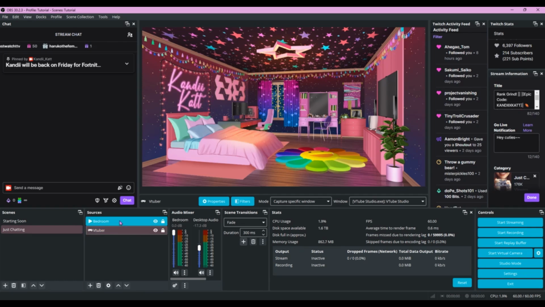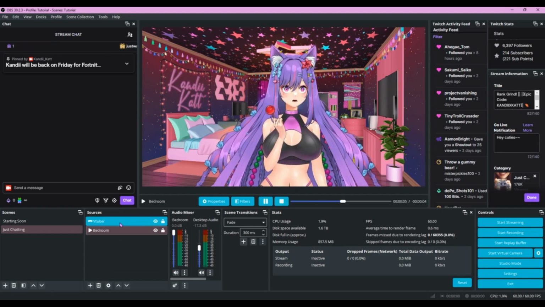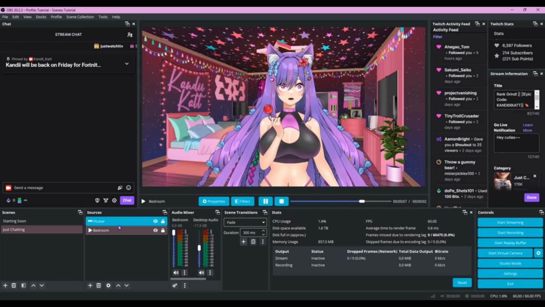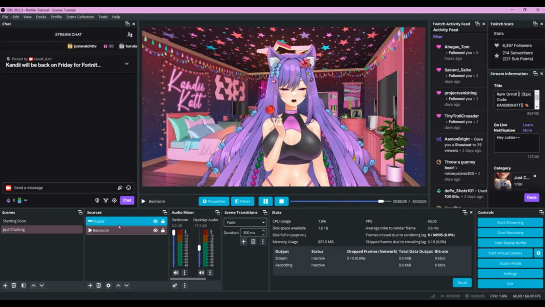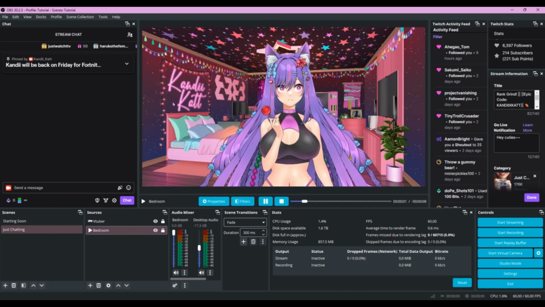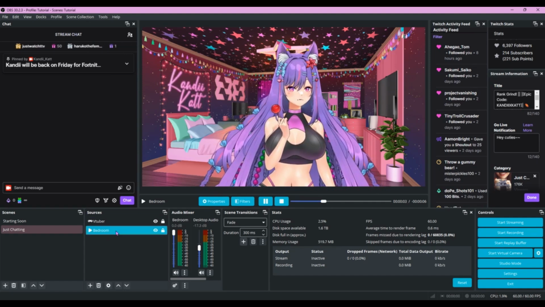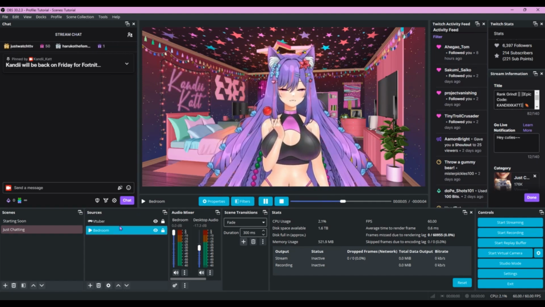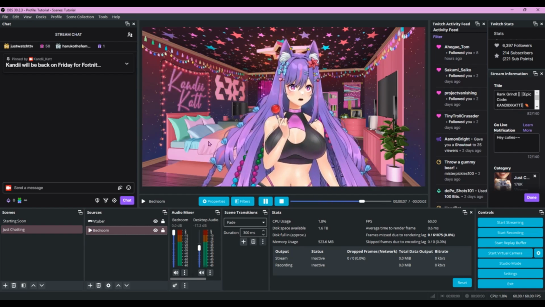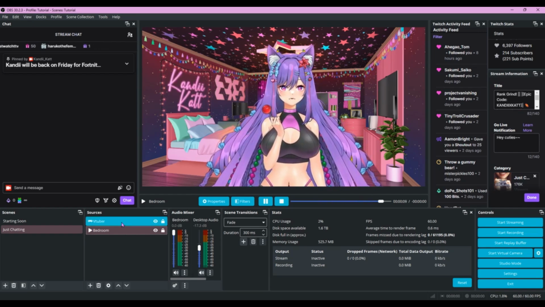So you want to make sure you're layering this right. If you add a source and you can't see it, make sure you add the bedroom or any kind of media source or image that is going to take up the whole screen. Make sure that's on the bottom so that you're able to add layers upon it. And you'll see